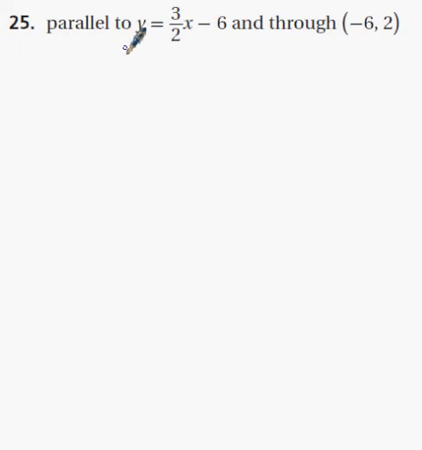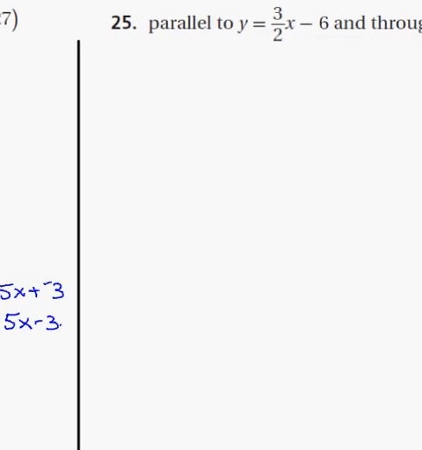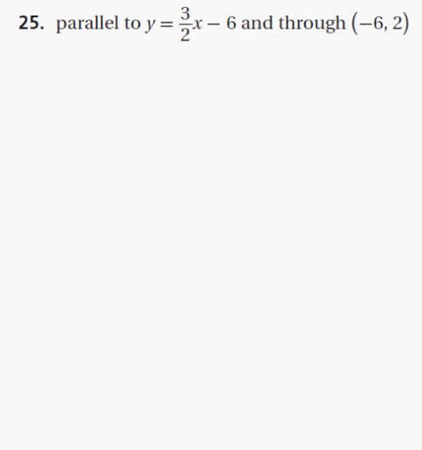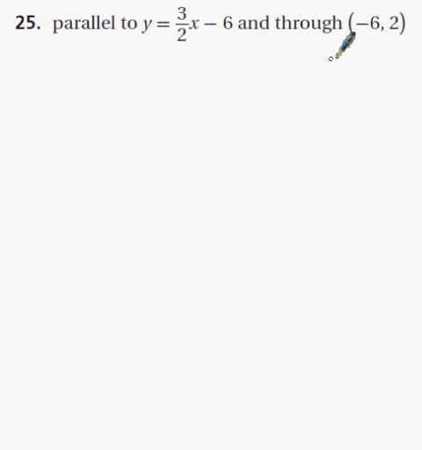Alright, so we're being asked to write an equation in slope-intercept form for each line. And this particular line is going to run parallel to the line 3/2 x minus 6 and go through the point (-6, 2). Well, the first thing you need to note is that parallel lines,